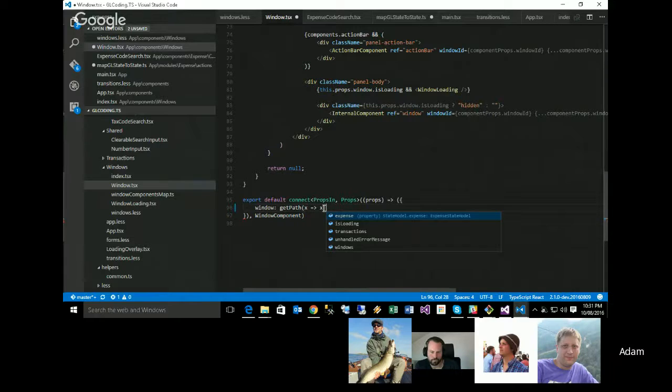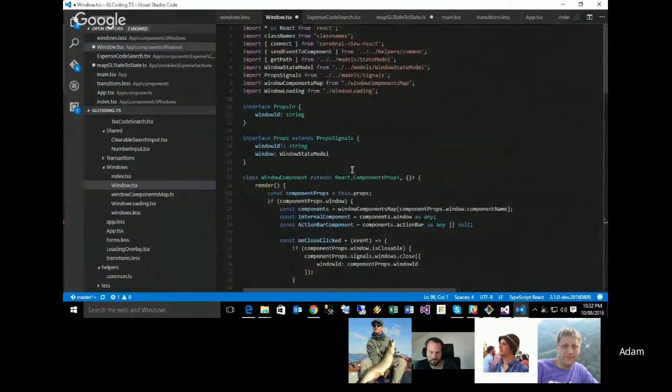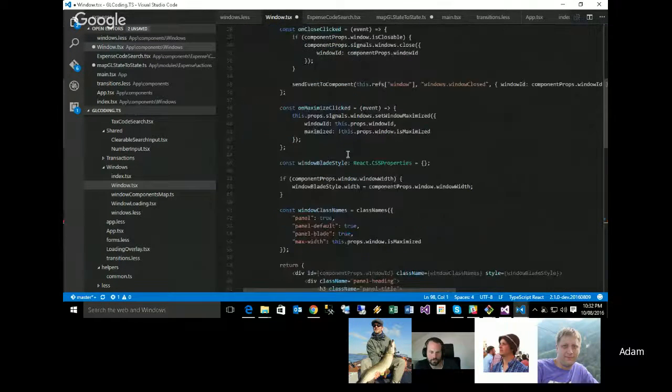Does that pop-up come up? Yep. So this is my entire state tree. And I can go in here and go further, look through here, go to notes, etc. It also has what type they are on them, and those types have to match. So if window here is expecting, what was window expecting? It was expecting a window state model,